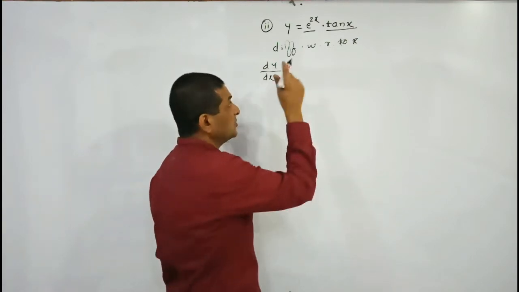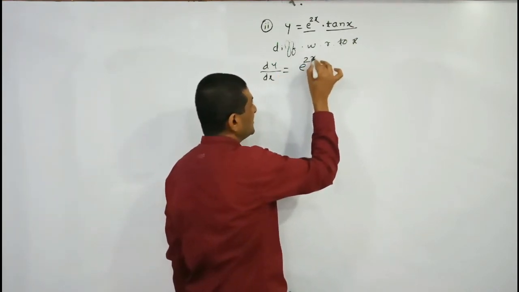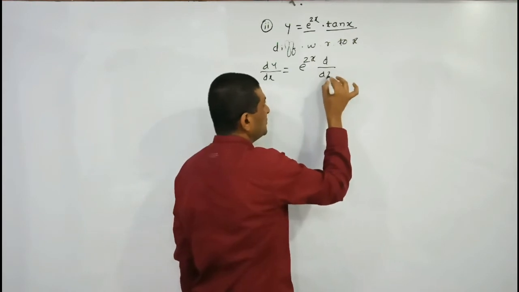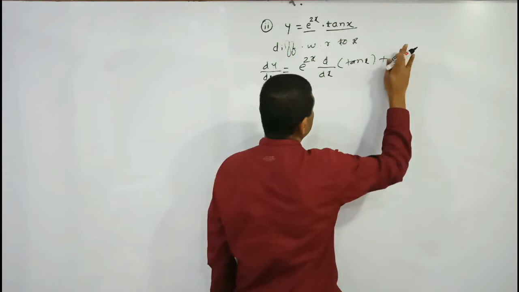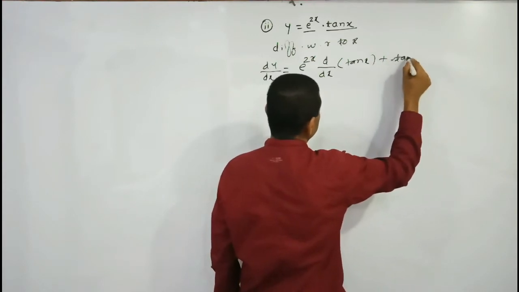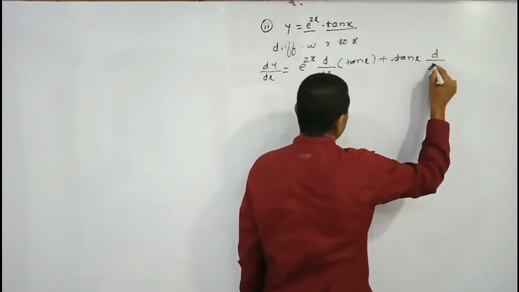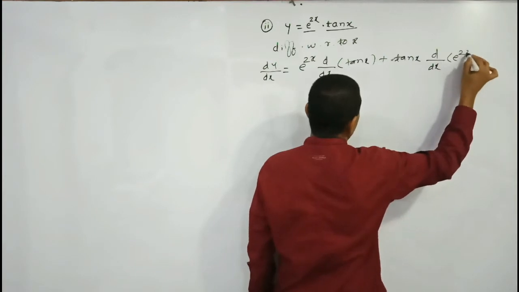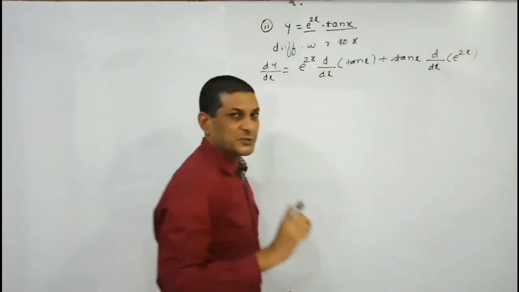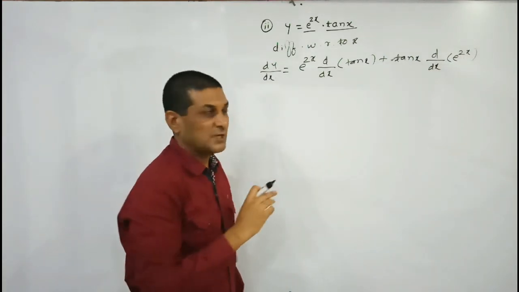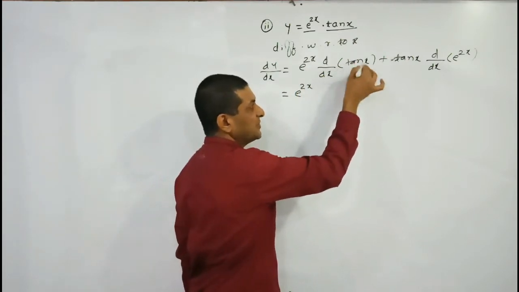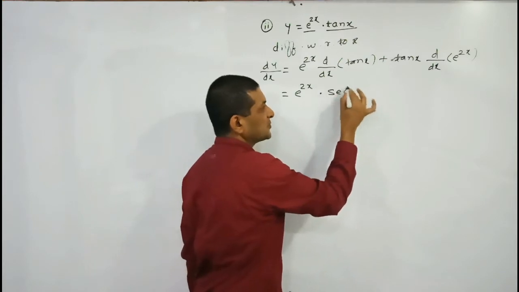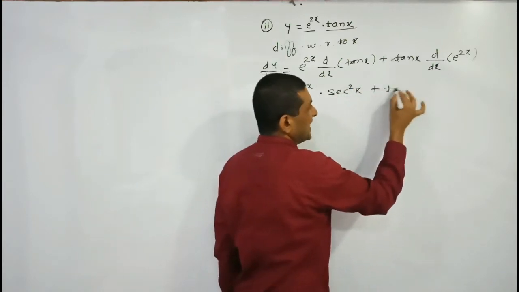And what is the product rule? Keep the first term as it is, means the first term, e raised to power 2x, as it is, into the derivative of the second term, means the derivative of tan x, plus the second term as it is. What is the second term here? Tan x as it is, into the derivative of the first term, and here the first term is what? E raised to power 2x. We have simply substituted the values in the product rule. So now simplified, e raised to power 2x, keep it as it is. We know that the derivative of tan x will be equal to sec square x, plus here tan x, keep it as it is.